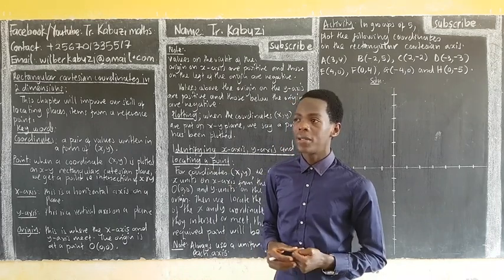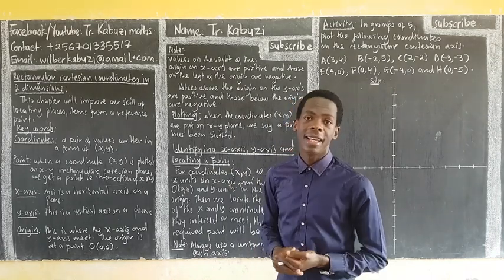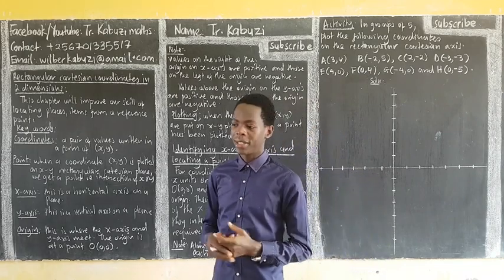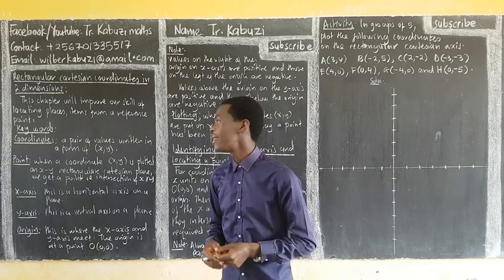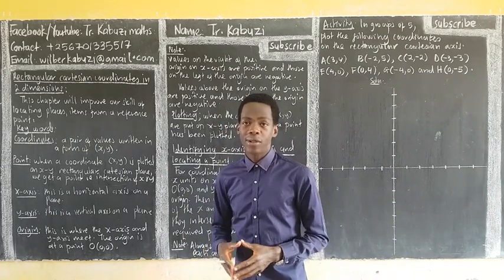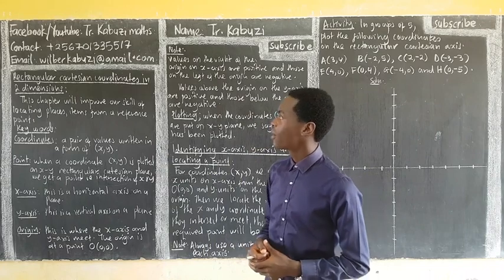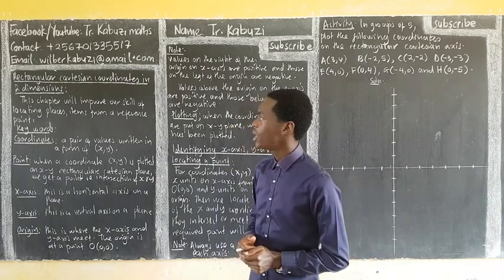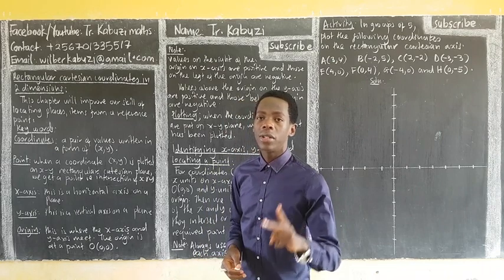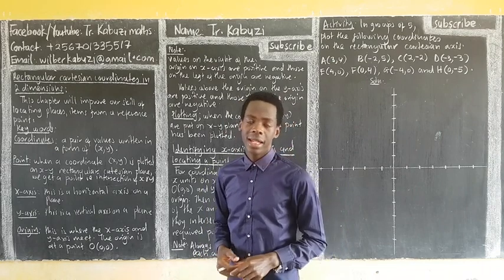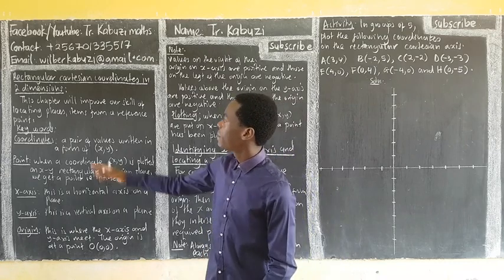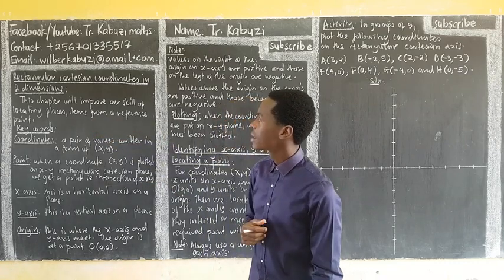Then up there we shall see in vectors that we have also x, y, z, which you can't plot on a paper because it has 3 axes. For now, let us concentrate on the rectangular Cartesian coordinates in 3 dimensions. Whenever I hear 2 dimensions, it means that we have only 2 axes. So this chapter will improve our skills